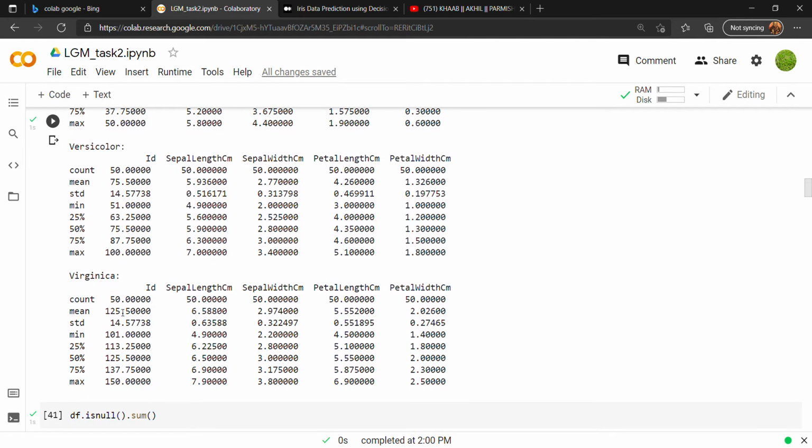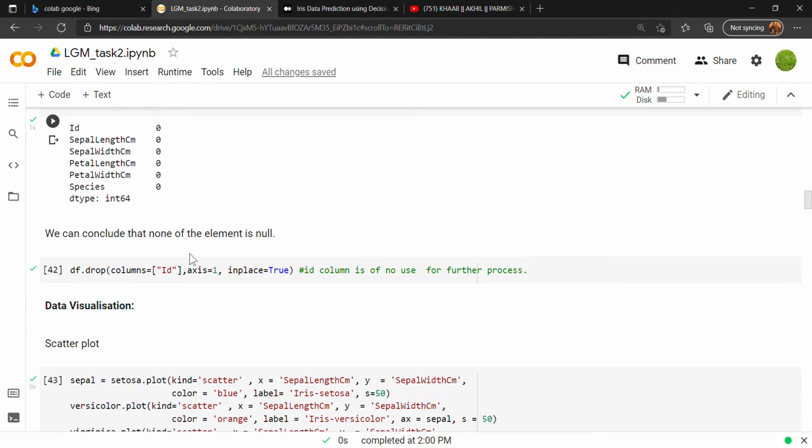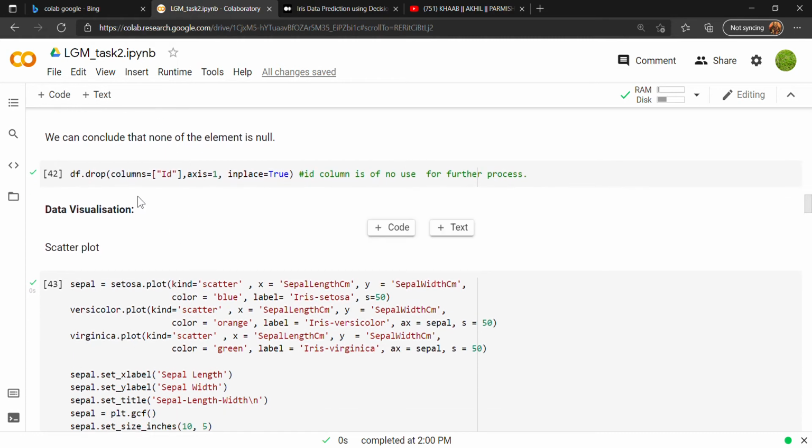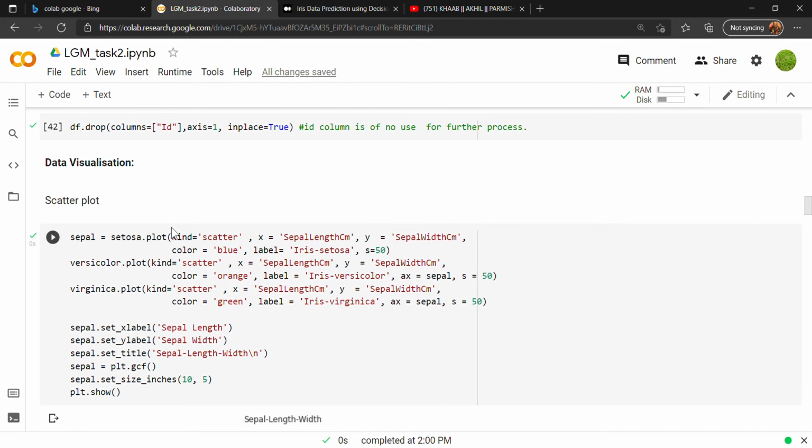You can see the count is 50 of each and so on. Now we will find the null values. As you can see, there are 0 null values, therefore it is clean data. As we know, there is no use of ID, so we will drop the column ID. Now comes the visualization part, which is the most important part.